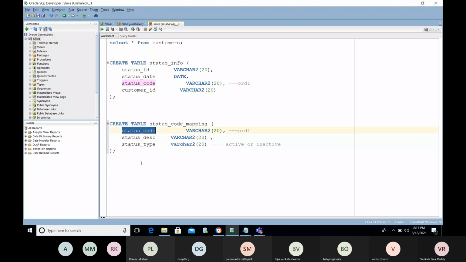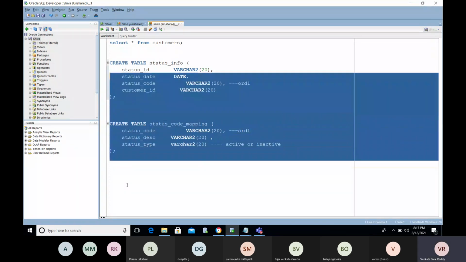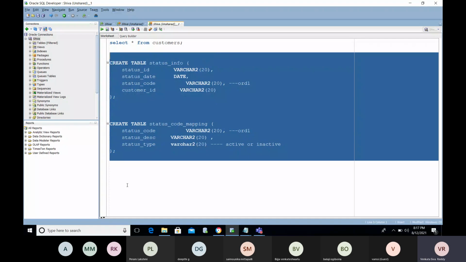We will use the join concept. In this case, we will maintain primary key and foreign key relations.